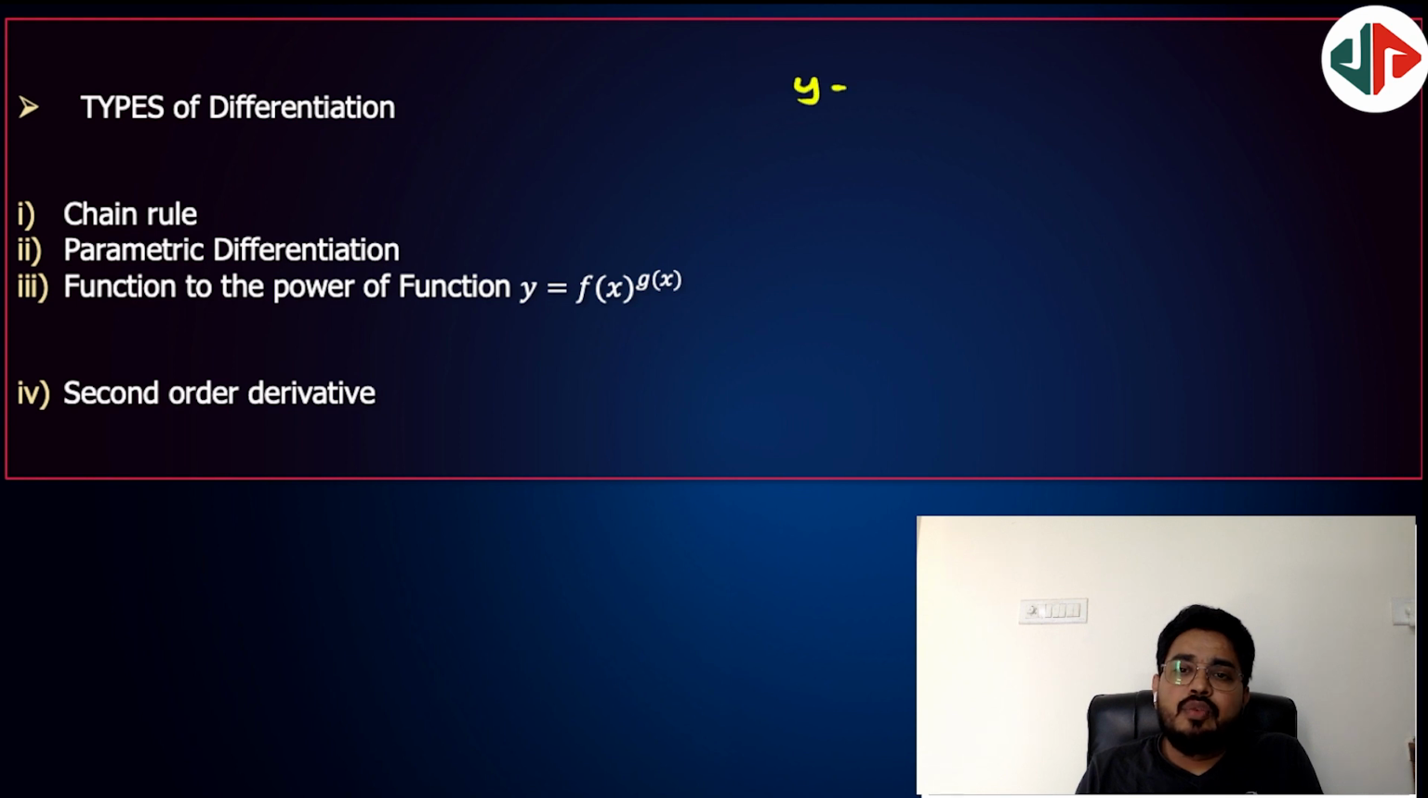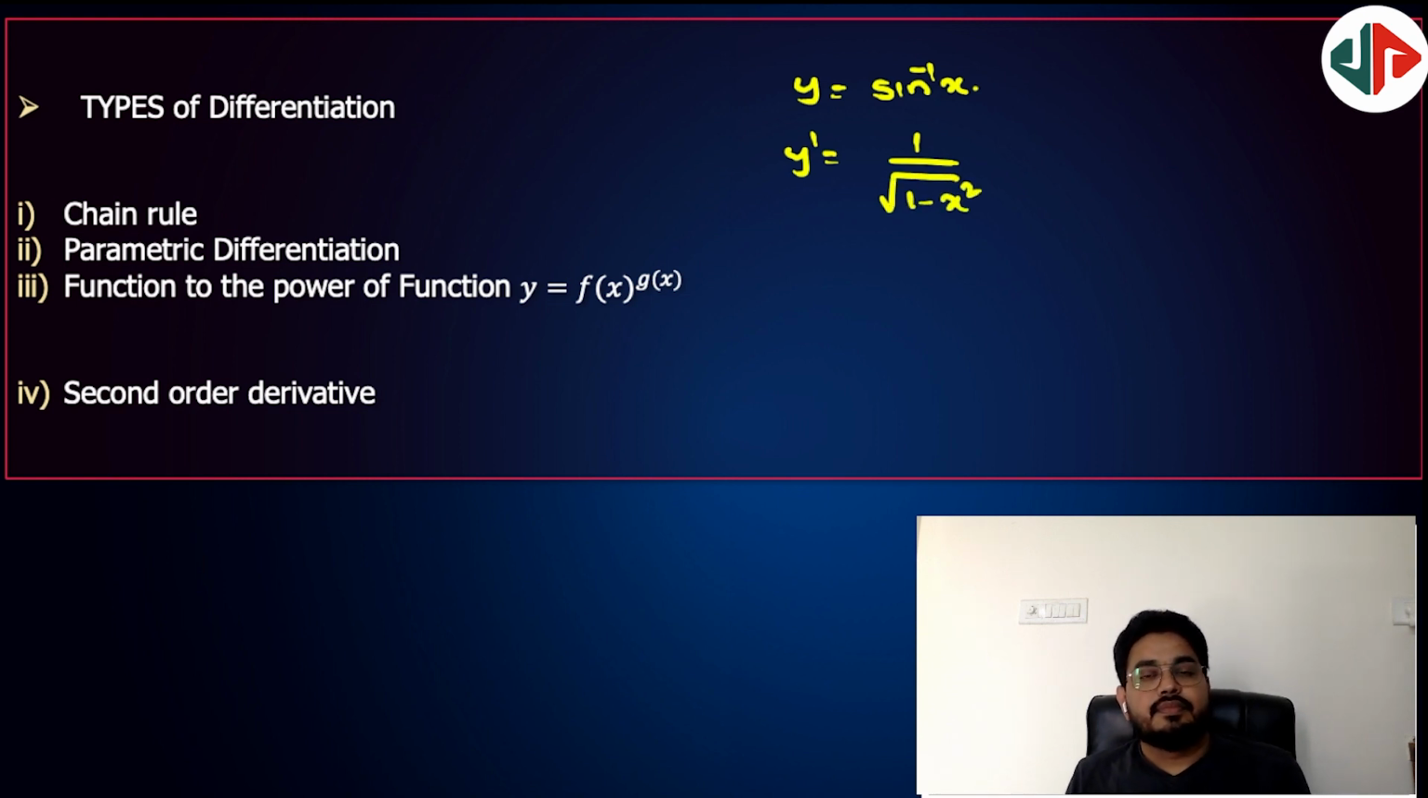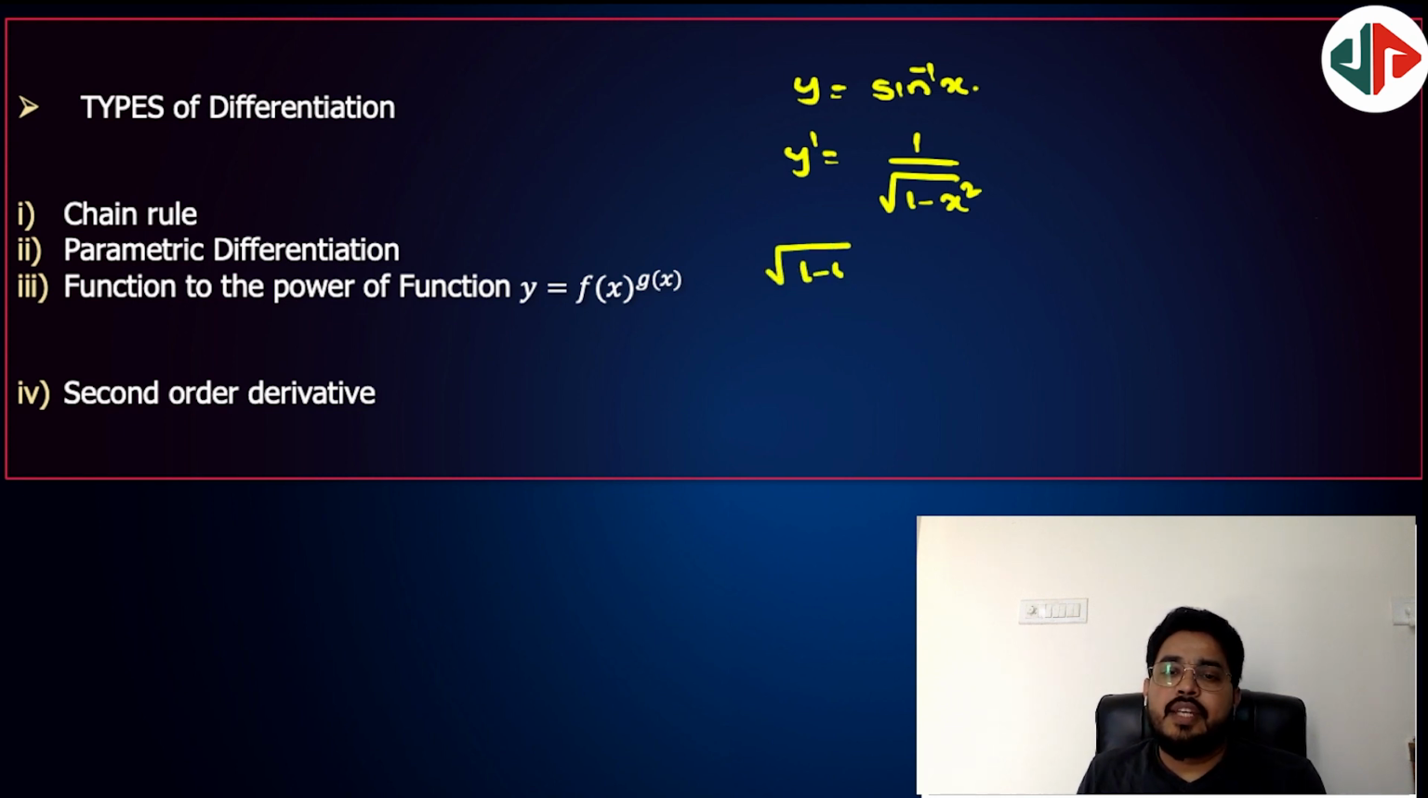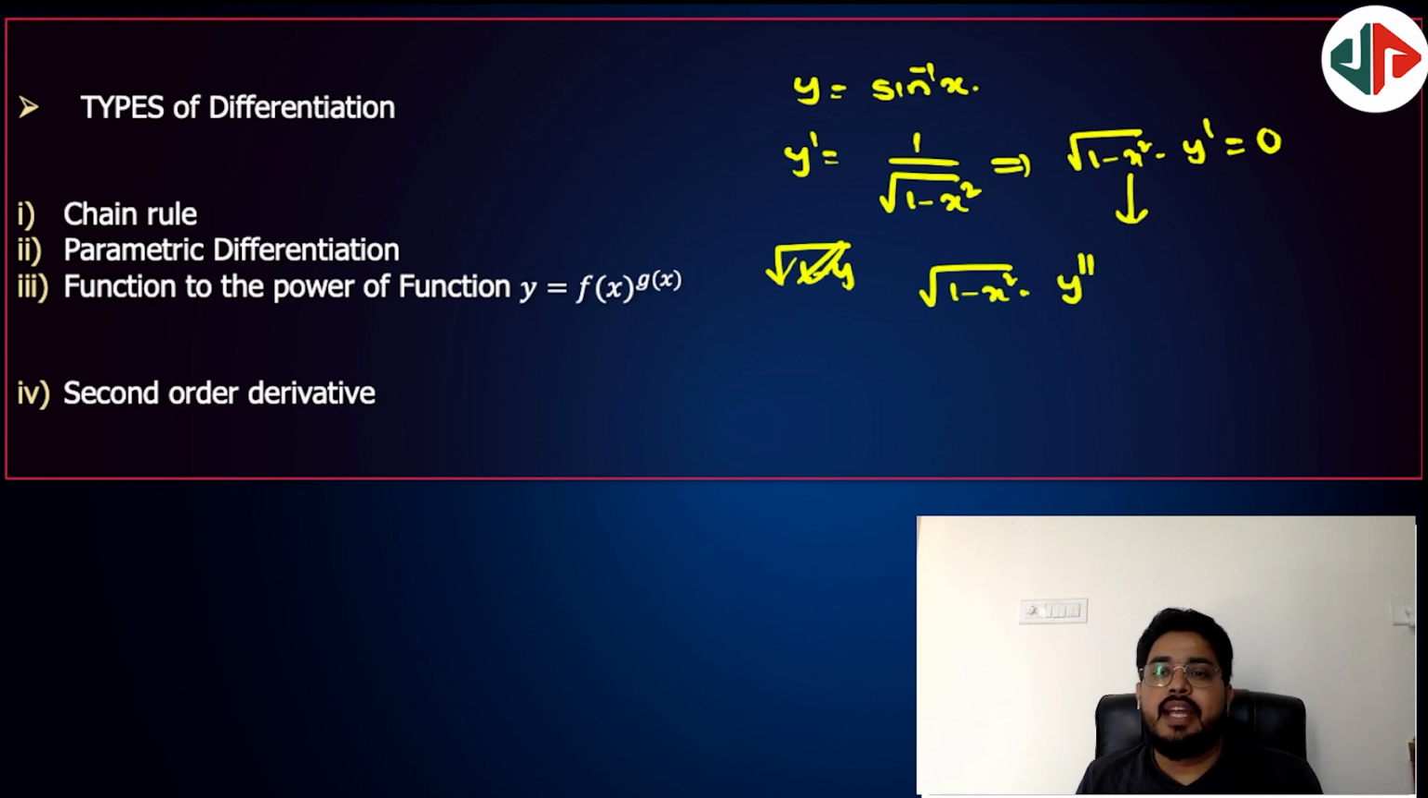y is equal to sine inverse of x. What is dy by dx? It is equal to 1 by root over 1 minus x square. Okay. So from here you write it as root over 1 minus x square into y dash is equal to 1. Differentiate again. Root over 1 minus x square into derivative of y dash, which is y double dash,